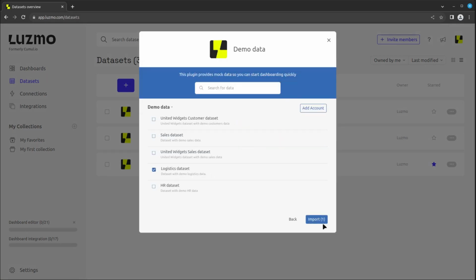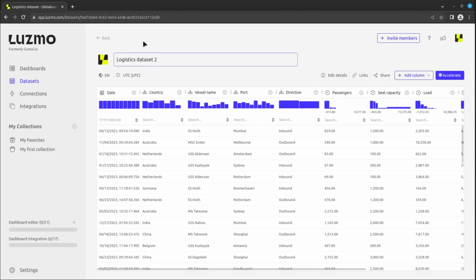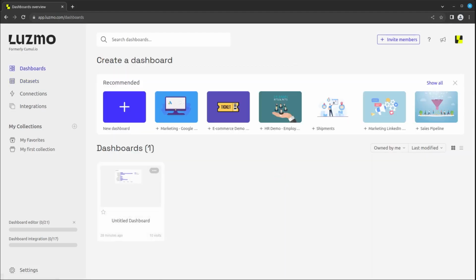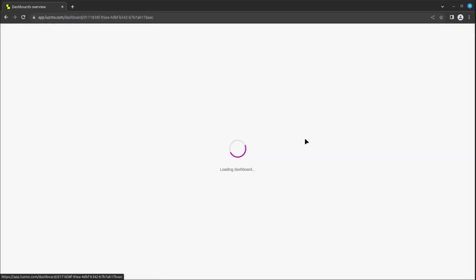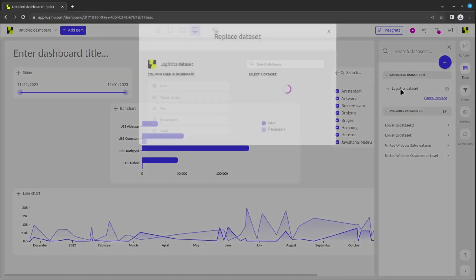Let's first add a logistic dataset again to demonstrate. Then, let's go into the Data menu within a dashboard, and right below the Use Datasets, you will find the Replace Dataset option. After clicking on it, select the dataset to be replaced, and a modal will pop up allowing